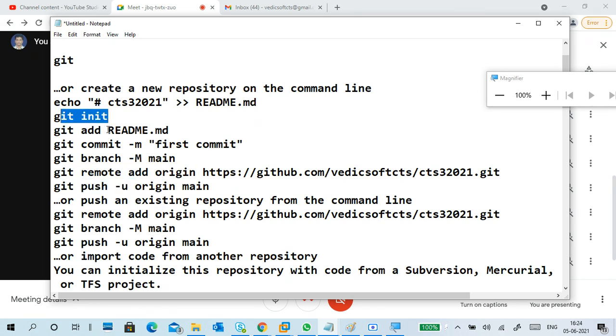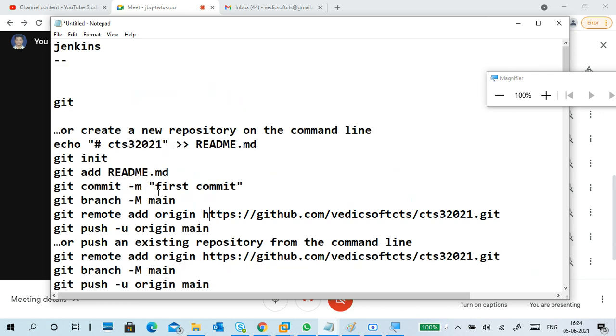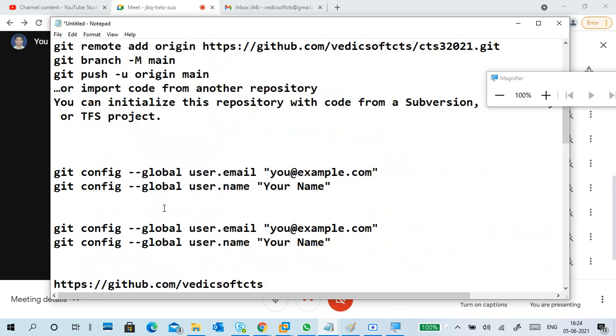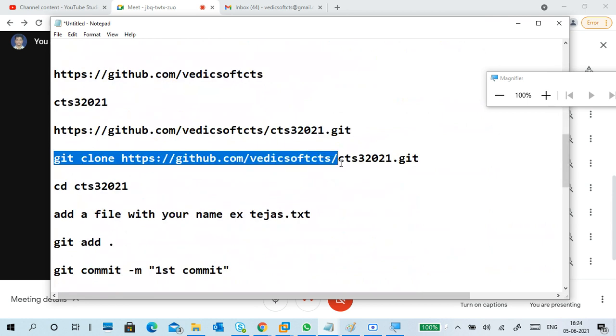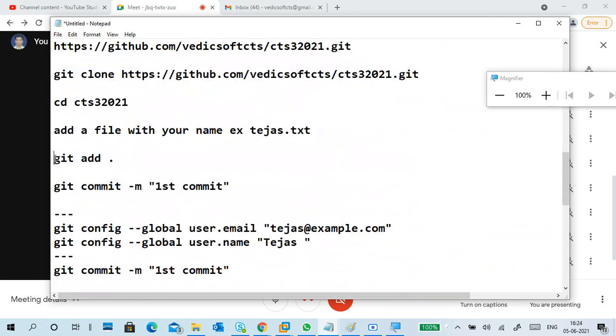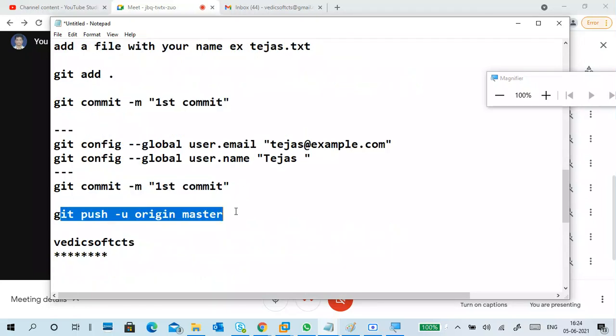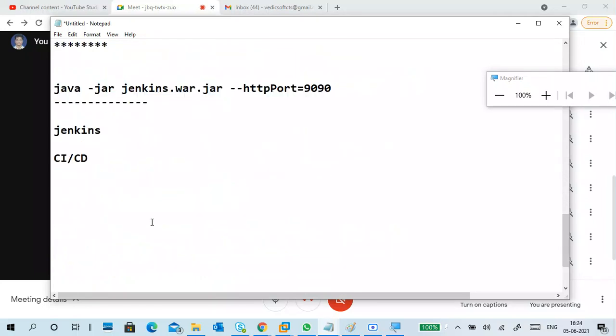The basic life cycle is Git init, add, commit, and Git push, or adding a remote link for a fresh repository; otherwise you can clone it. I already gave the git clone command, so take the clone, add your changes, git commit and git push. So this is Git.